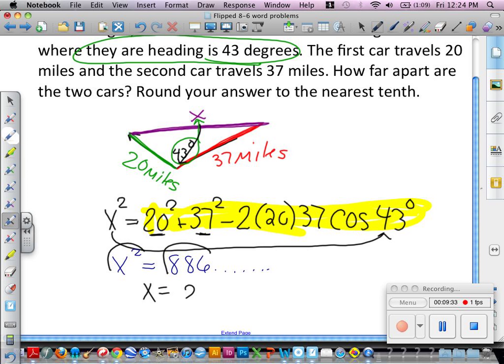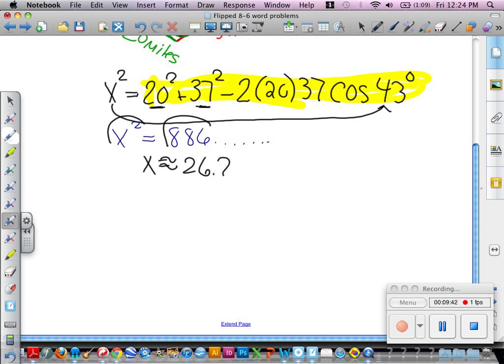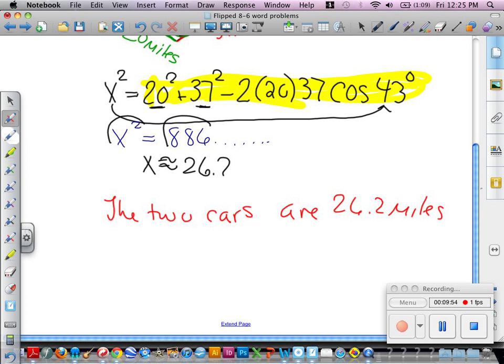And I'm getting 26.2, approximately 26 and 2/10. And then I need to write my sentence. The two cars are 26.2 miles